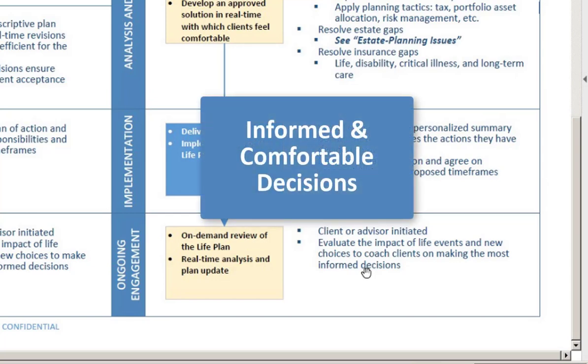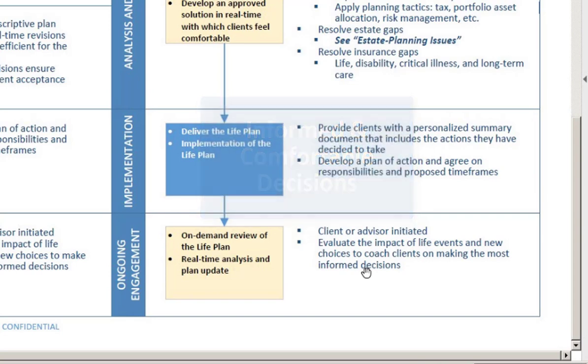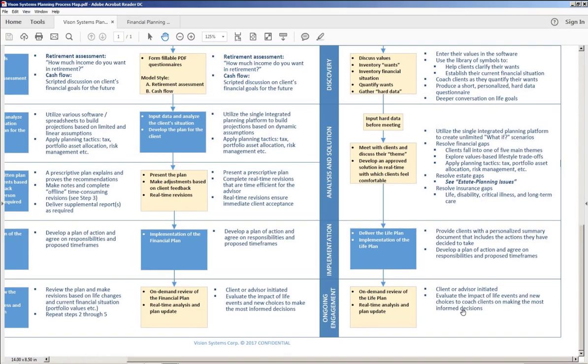In the absence of doing that, I'm going to suggest that most people, however they arrive at a decision, whether it's a spontaneous decision, whether it's something that's very well considered, what they do is they spend an awful lot of time looking in the rear view mirror of life, worrying about the decisions that they've made, whether they were good or not, because they have no way of really understanding things. So what we need to do is take clients through the life planning process and then very much emphasize,